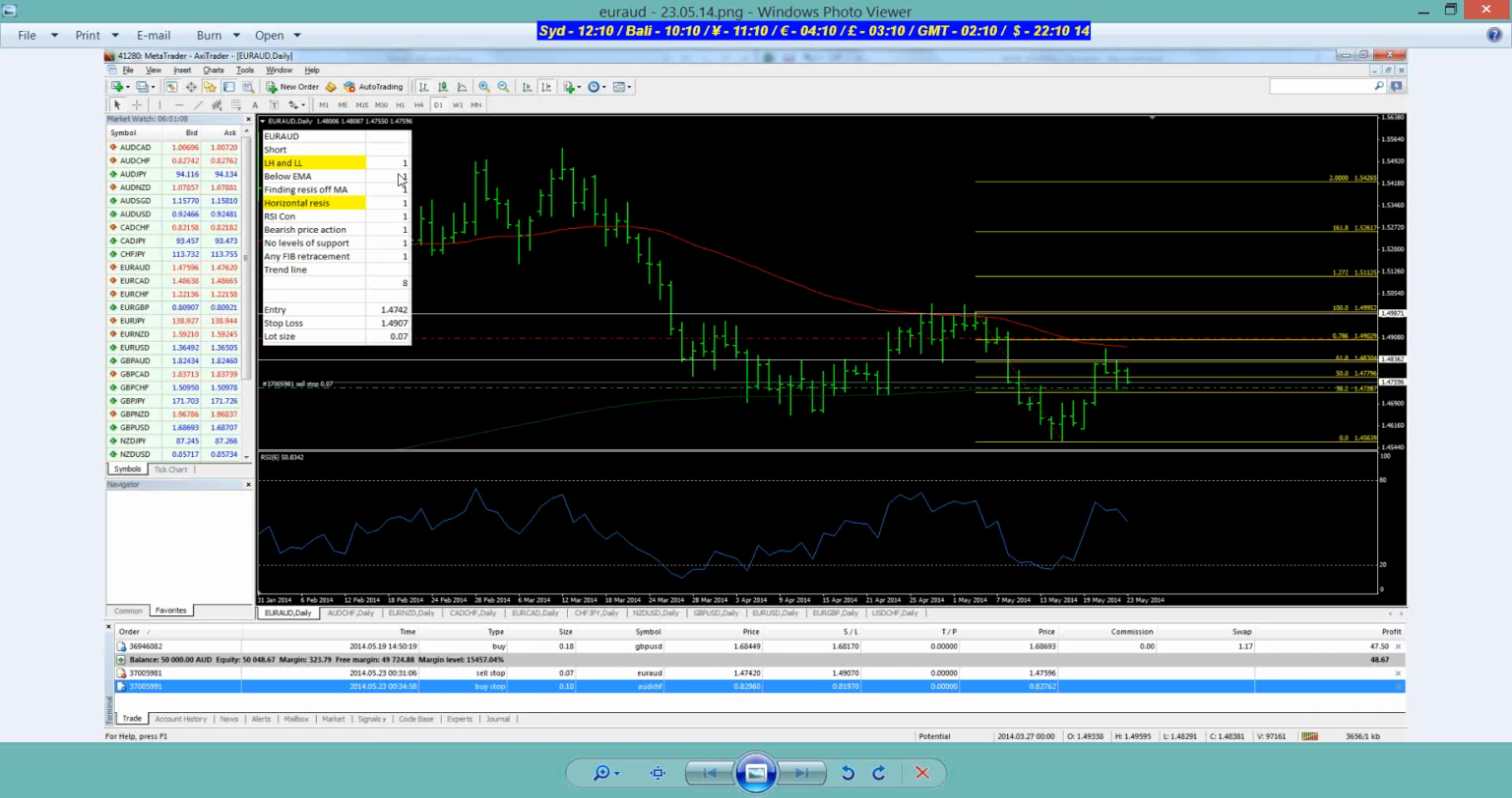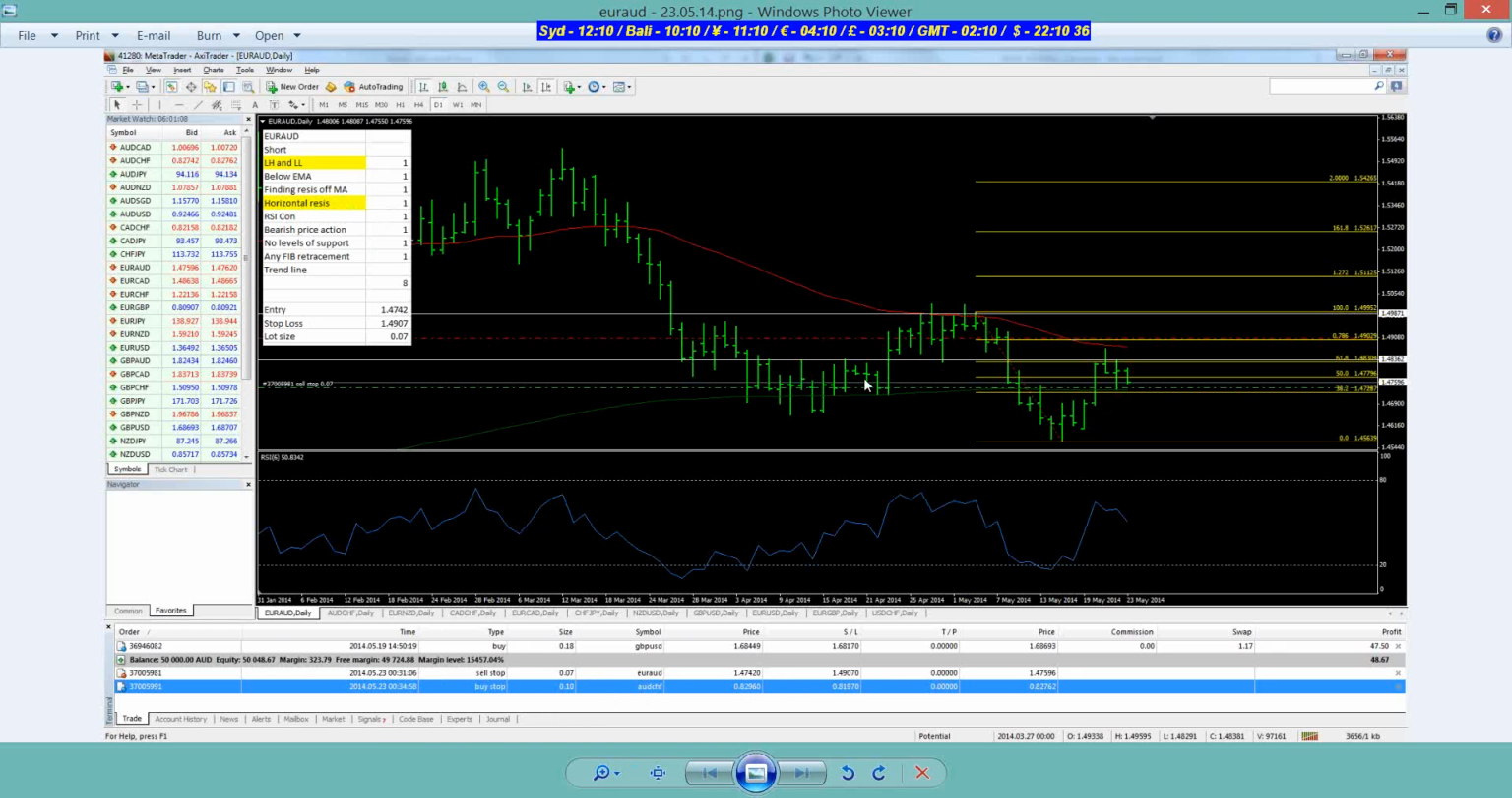What have we got here? Lower highs, below, finding resistance of MA, yes. Horizontal resistance, yeah, bearish price action. That should also be highlighted yellow because it's a must-have. Levels of support, there's nothing in the way. Fib retracement, you've drawn the fib correctly. And